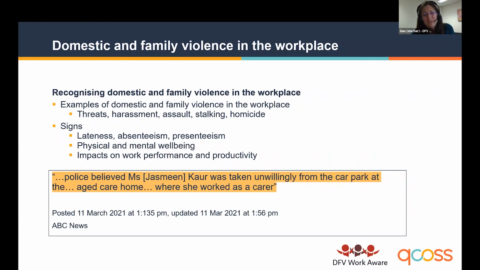It's important to hold this in context too, though, because signs by themselves aren't conclusive indicators that someone is either experiencing or using domestic and family violence. And that's because people live their own complex and rich lives. But when there are signs like that being observed in a person in the workplace, that's a sign in itself that something might be amiss, and that it may be time to be checking in with that colleague. How are things going for you, and what support might you be needing?